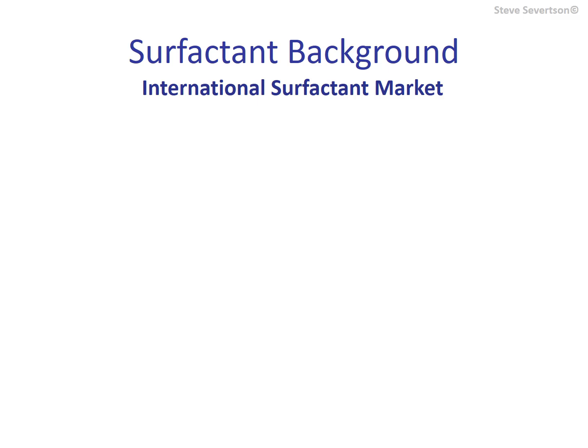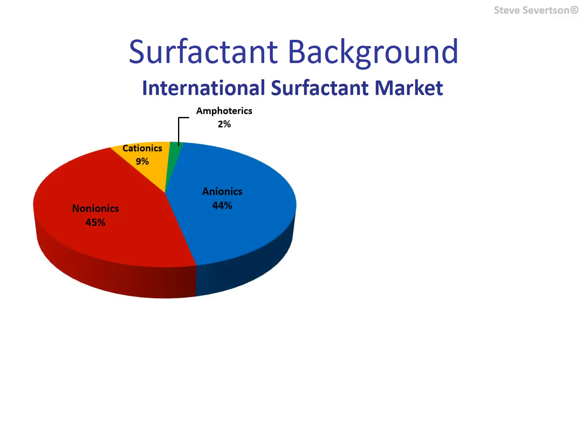As one might expect, the use of surfactants is not equally distributed amongst these 4 categories. To determine the relative use of these different types of surfactants, it is useful to examine market data. Here we review international sales data from 2012. As you can see from the sales distribution, the combination of anionic and nonionic surfactants account for most of the worldwide surfactant sales. Although anionic species have dominated the market for decades, the trend in recent years has been towards